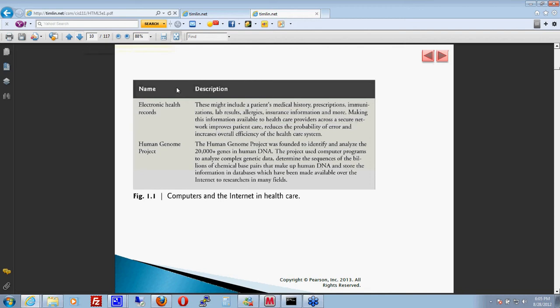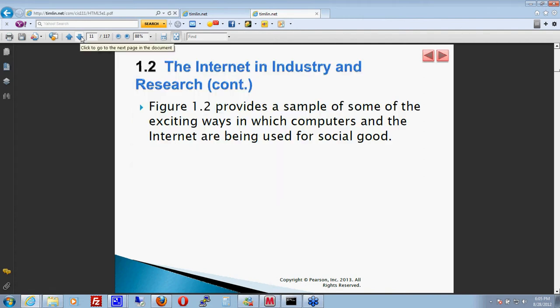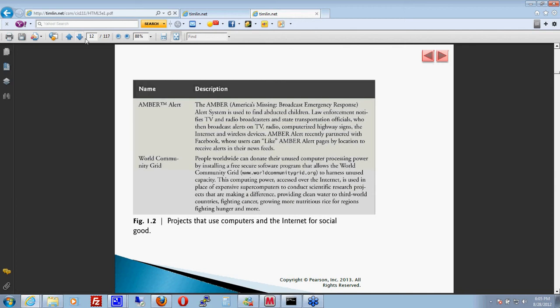Okay, so we talked about some of the up-and-coming things in the web. In my field, the electronic health record is a big deal. And I've got more information on my website about it if anyone's interested. So that's a big deal, and giving consumers access to their electronic health record. So that's one big thing that's coming. Human Genome Project is another one kind of tied into health record. Of course, there's all kinds of things that are coming to help society, Amber Alerts, and